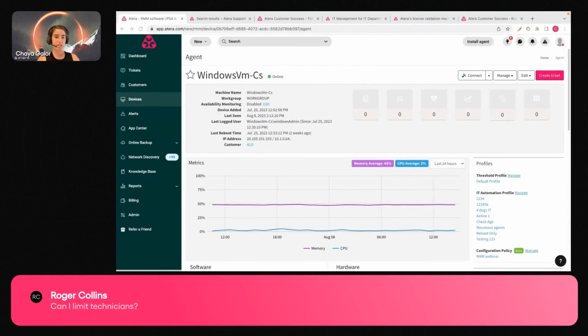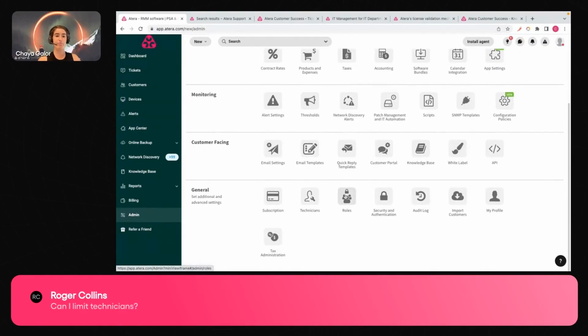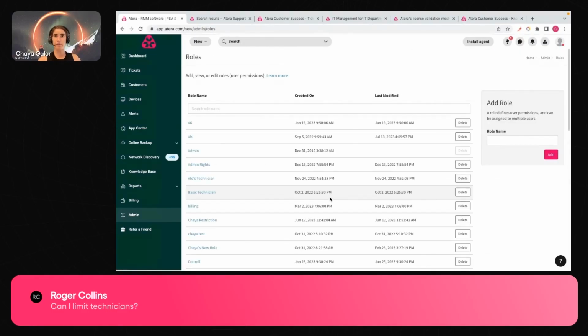Can I limit technicians? Are you referring to limiting them with access on the platform? If so, you can do that through admin. We do have roles and permissions. So if you have technicians that are maybe only working on PSA or only remote monitoring, you are able to create different roles and permissions within the platform.